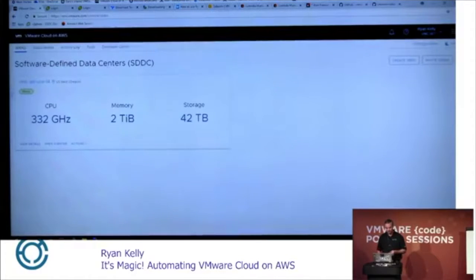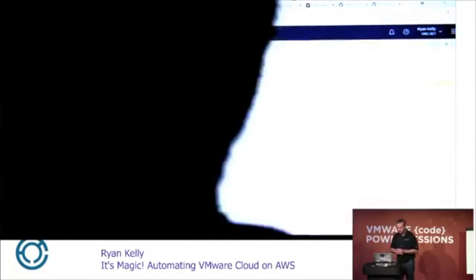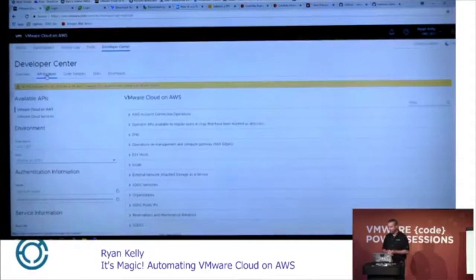So to give you an idea of where we actually get the API calls, we have a new feature that's built into the portal. It's Developer Center. So we've got a lot of code samples here. I'll show you a code sample we're going to take a look at. And then we've got the API Explorer. So everything that you can do through the UI, so for example, create an SDDC, power on a host, add an additional host, remove a host, it's all surfaced through a RESTful API as well. And all of that information about all the APIs that we have available are within this Developer Center and the